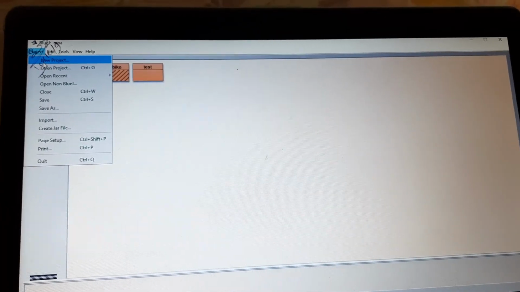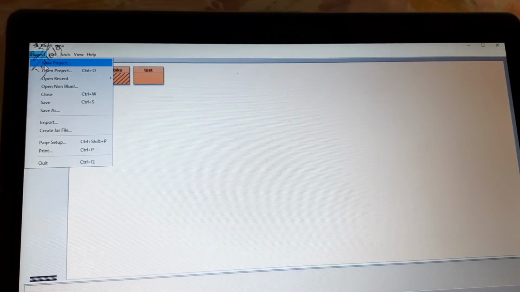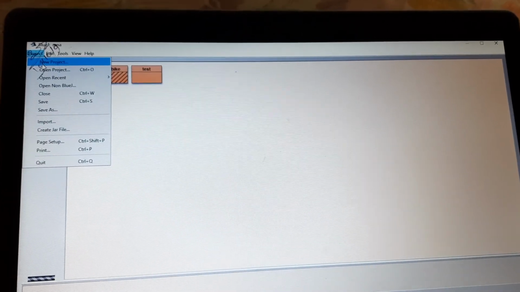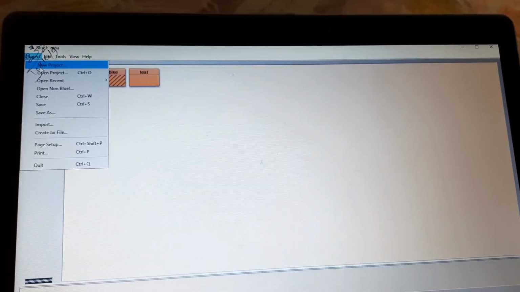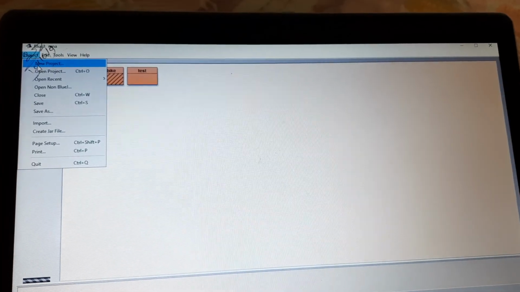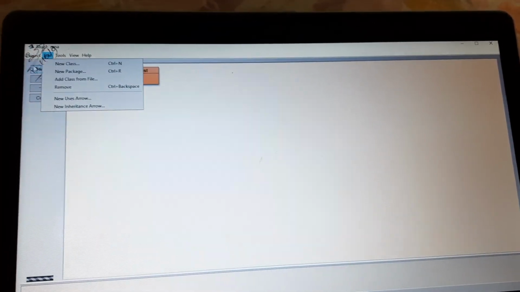If you are doing the program next time, once you have created your folder or project, next time you have to open that project. Not every time you have to click on new project. If you are creating the project or the folder the first time, you will click on new project, right? So I am clicking over here, new project. See,